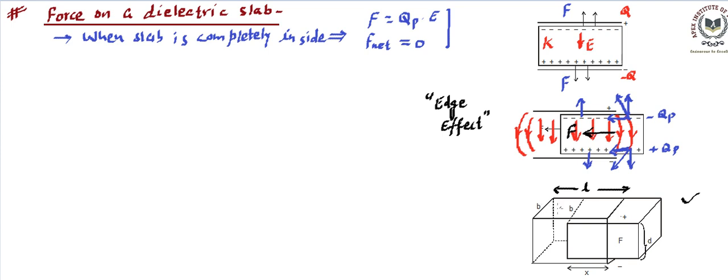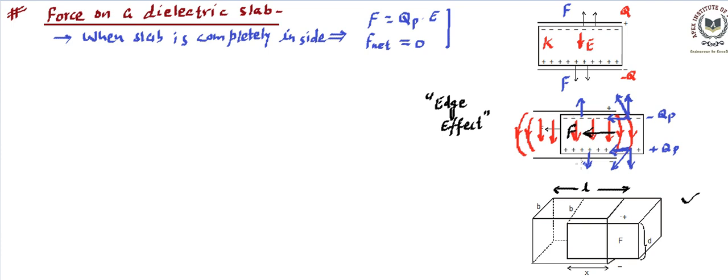There are 2 plates, one plate on the upper side, another on the lower side, and this cuboidal dielectric material is being inserted. It is inserted by X amount now, and in the long run it will get completely inserted. The length of this slab is also L, so that it can fit completely, and this is the situation when it is partially filled. That means this is basically a 3-dimensional view of the same picture that we have talked about. Now let's try to find the force acting on this dielectric slab that is going to pull the slab towards the capacitor.